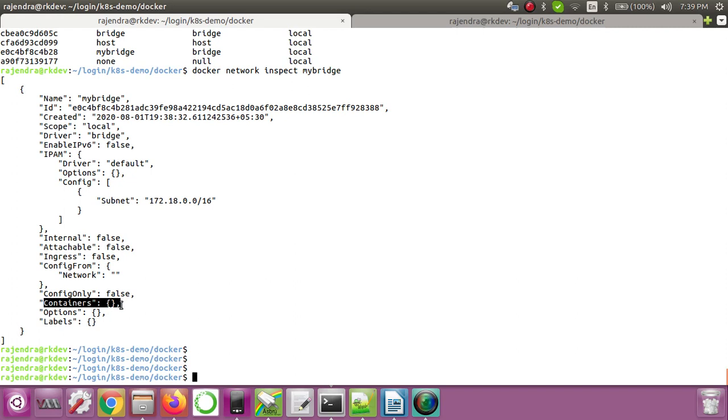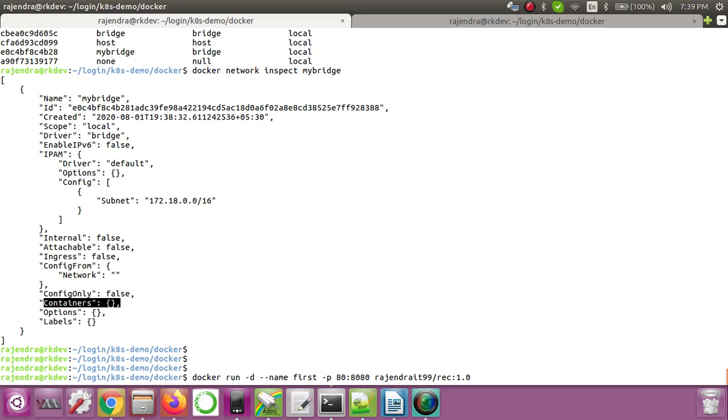So first, let's see how we can assign the container onto this network. Let's create the container. So docker run -d, name of the container is first, then -p to bind the 80 port of the host to the 8080 port of the application or the container port, and then your image, and then your tag of the image.